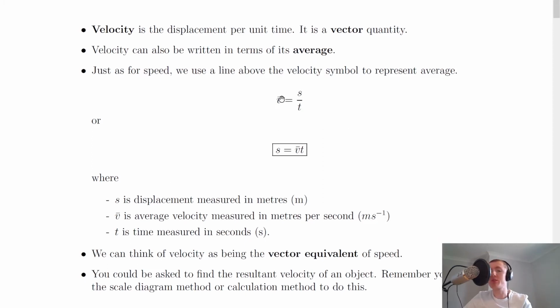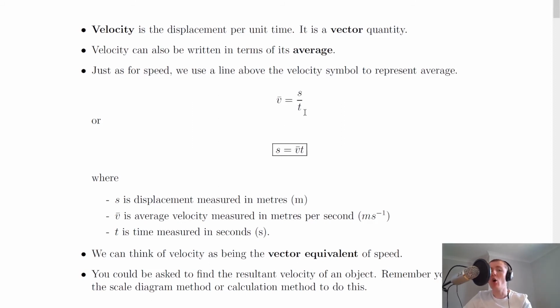Just as for speed, we use V with a line above it to mean V bar, the average velocity this time. It's a bit confusing because you use V to mean speed and velocity, but it just depends on what you're given in the question, whether they're talking about speed or velocity, as to which one you're going to be using. So average velocity is equal to the displacement over time, given by v̄ = s/t,